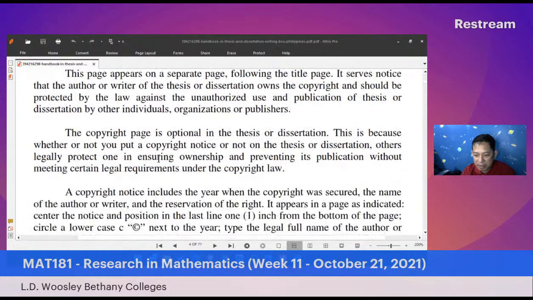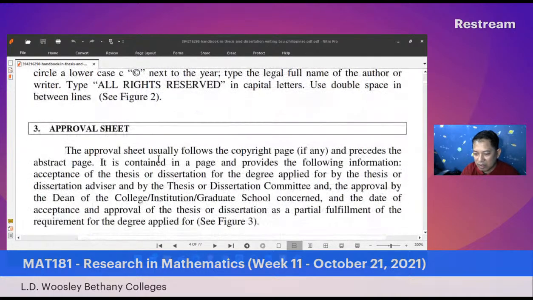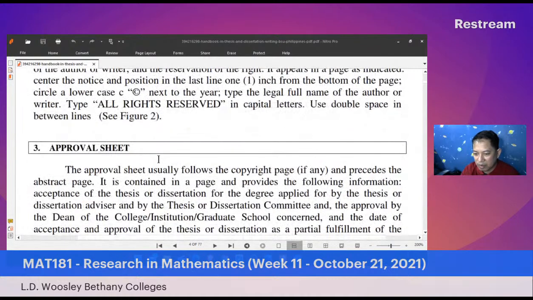Okay, so the copyright page now includes the year the copyright was secured, the name of the author or writer, and the reservation of the right. It appears on a page, as indicated, at the center position on the last line. And then we also have the approval sheet,